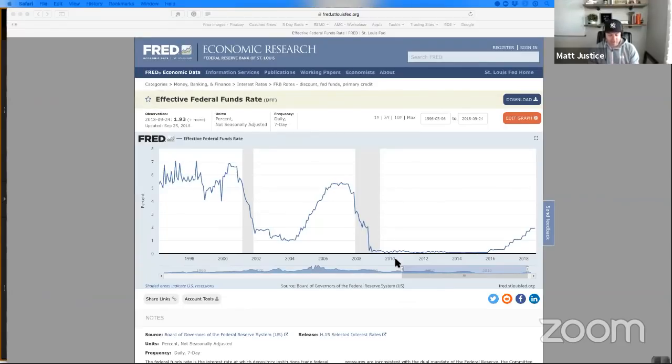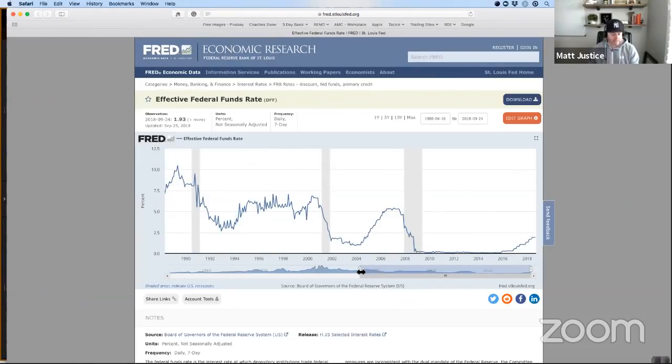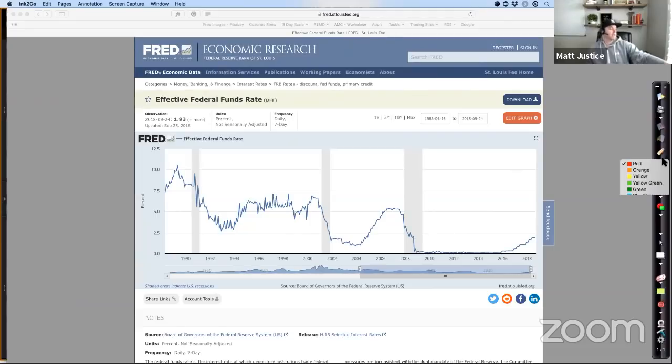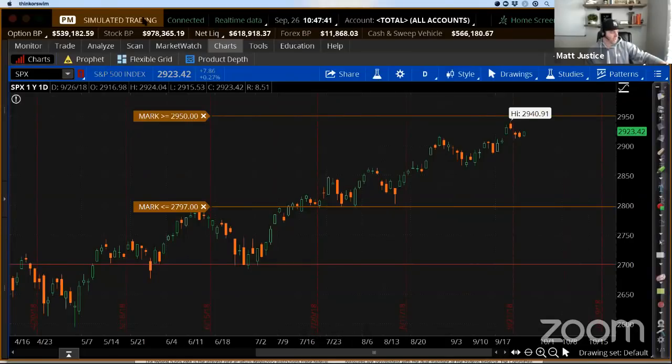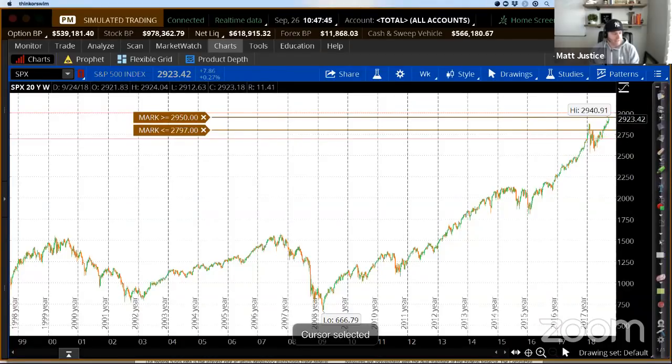But no, a lower low, lower high is a bearish downtrend, correct? Okay. Yeah. So if you look at the Fed and their interest rate hikes and decreases since 1998 until today, in 1998 they went from a 2% interest rate to a 6.5% interest rate at the top. Now, Noah, if you'll look at a S&P 500 monthly chart since 1998, in 1998 to 2000, it went from 2% to 6.5%.